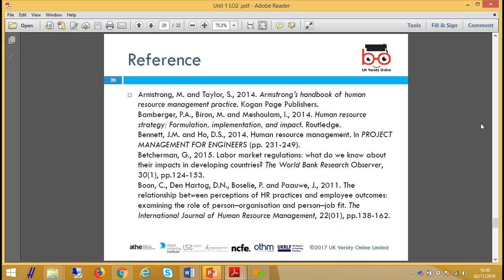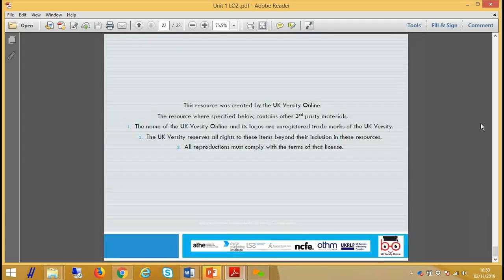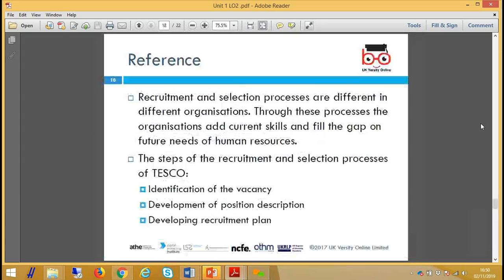So that gives you an idea of the recruitment and selection process in practice, so that you know what we mean when we keep using the word recruitment and selection. Obviously, you have some key references you can look at,